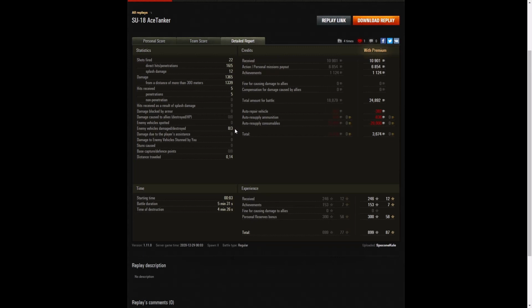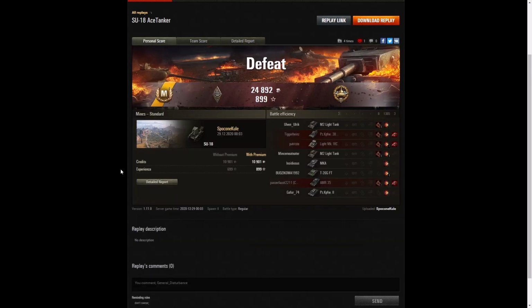armor. 8 enemies were damaged, 3 were killed, and he earned 10,901 credits from the battle, 6,854 from personal missions payout, and 1,124 from achievements award. That's for getting a battle hero medal in a losing game. He got the high caliber. 24,892 credits altogether, and after repair and ammunition resupply and consumables, he still took away a profit of 3,674 credits. He received 246 XP, 153 for the Achievements Award, 300 from Personal Reserve, and took away 899 experience points altogether. So pretty good game, and an ace tanker there for